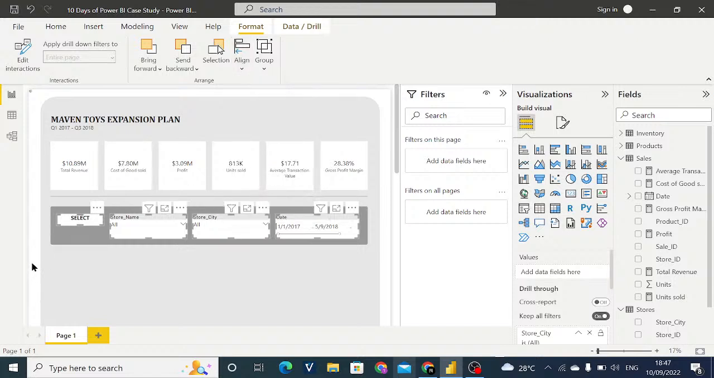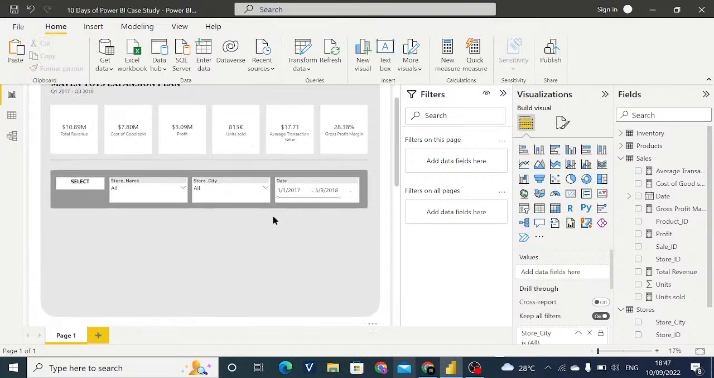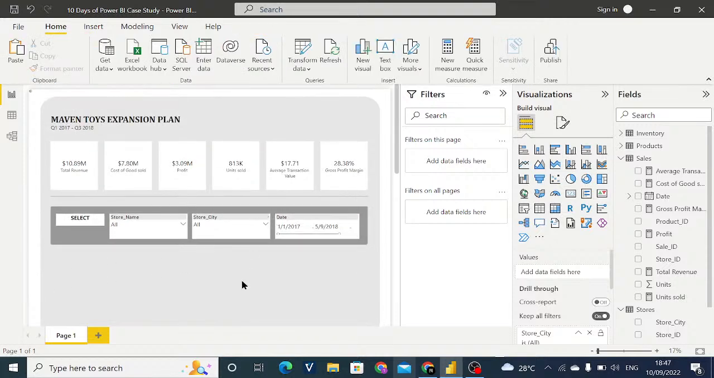So everything is equally spaced out. So now that that's been done, let's get into the analysis of it. The first thing, this is a moving towards expansion plan, and we're basically trying to provide an insight on